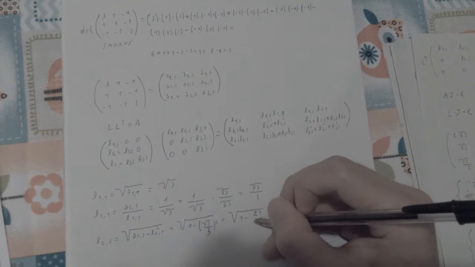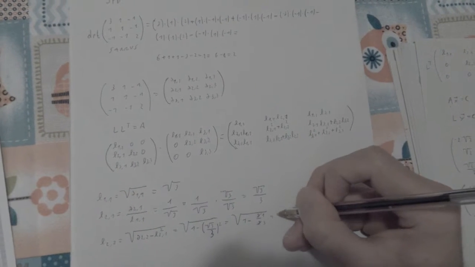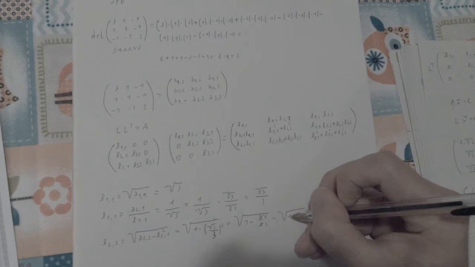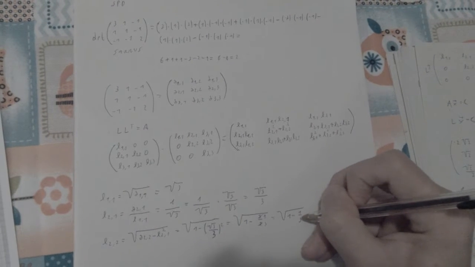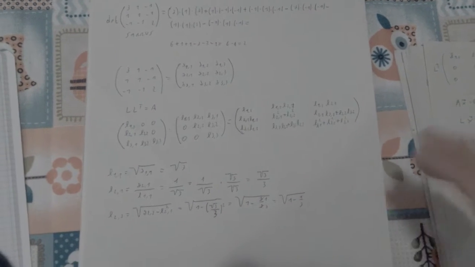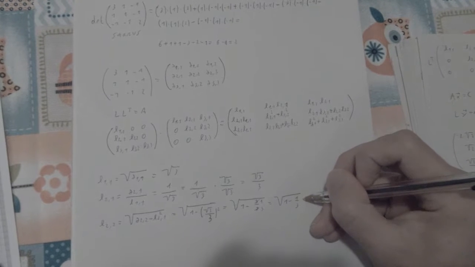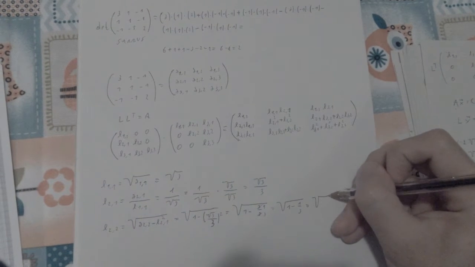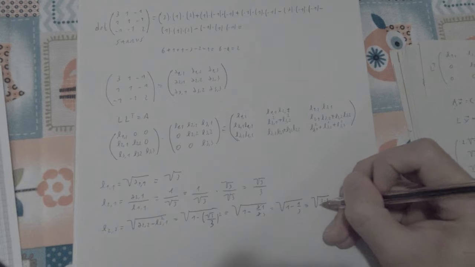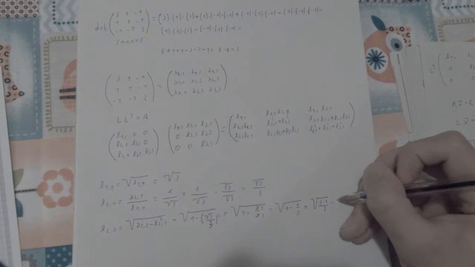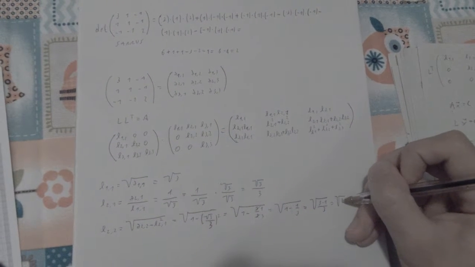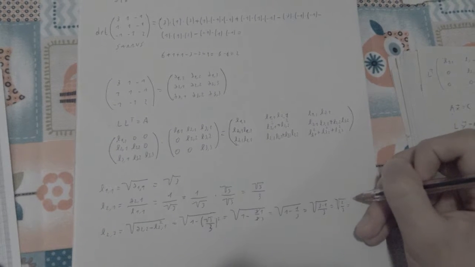So it is 1 and this is 3. And it's going to be 1 minus 1 over 3. So it's going to be 3 minus 1 over 3. So the square root of 2 over 3, which is